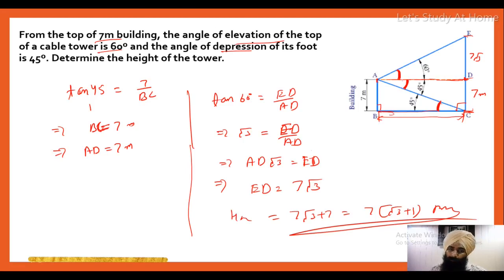And again I am going to tell you, you will have to write each and every solution in a triangle. The height of the tower is this, the base is this, meaning AD is the base, the height of the tower is EC, the height of the building is AB. You will have to mention each and everything. Be a smart student.